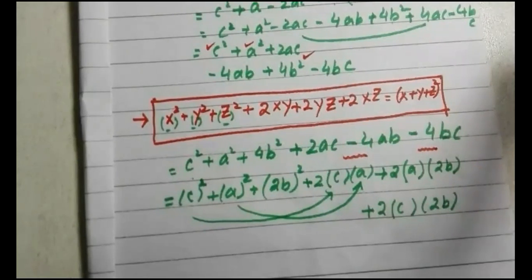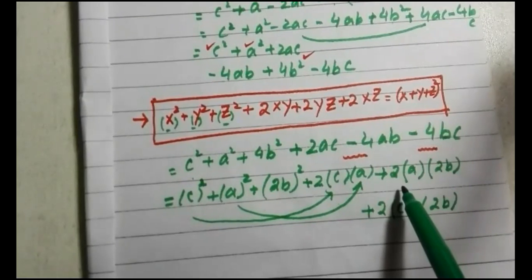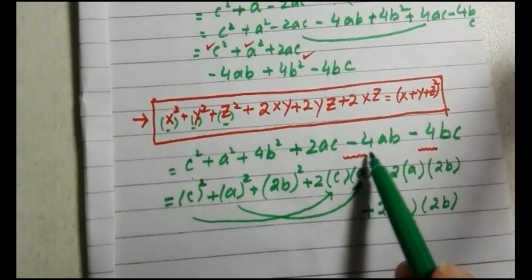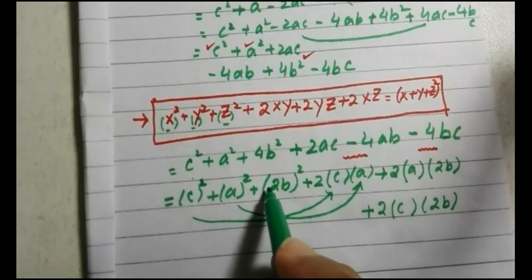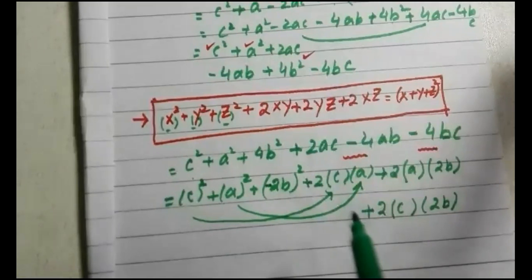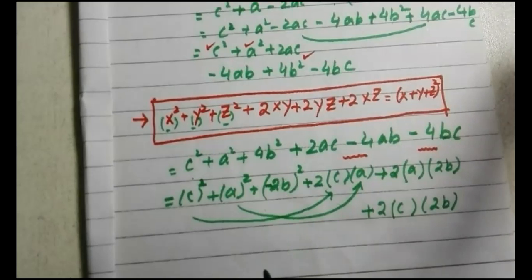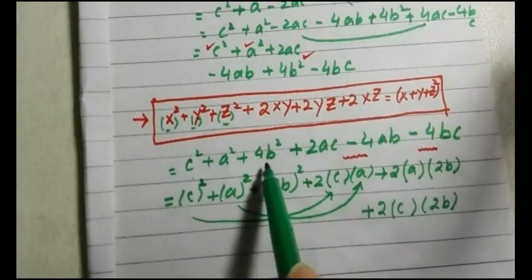Because I have arranged the formula, if I keep on writing in this way, you will see that we will be generating 2 into 2, 4ab, that will be positive. But in the question, it is actually negative. So how will I adjust it? Please listen carefully: if I place a negative sign with minus 2b, what will happen is that minus 2b whole square will become plus 4b square. So it will not affect the 4b square in any way.